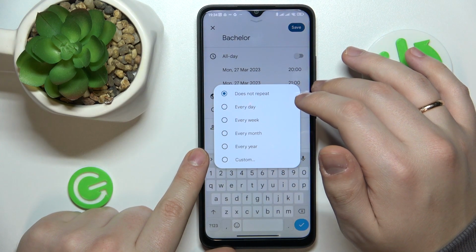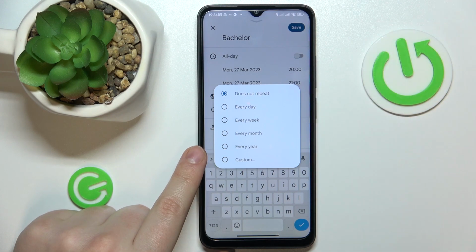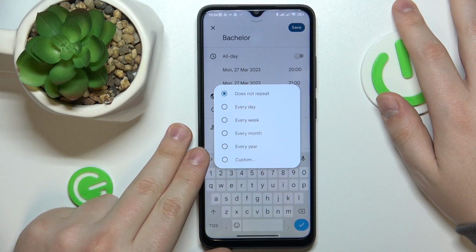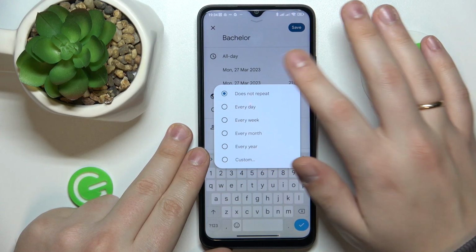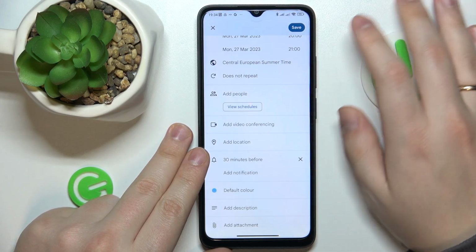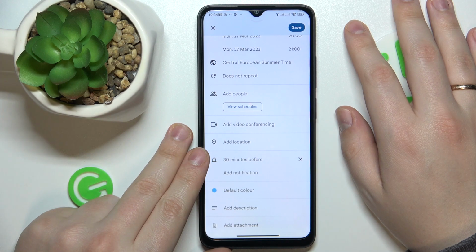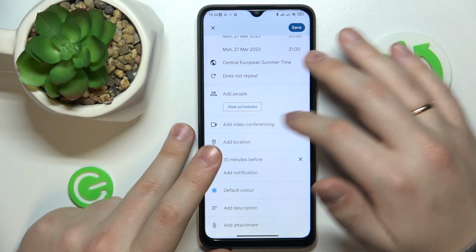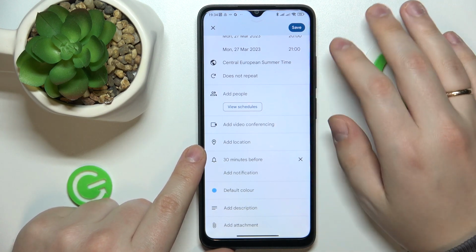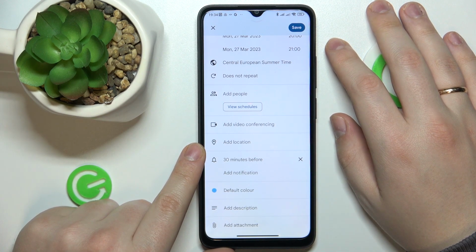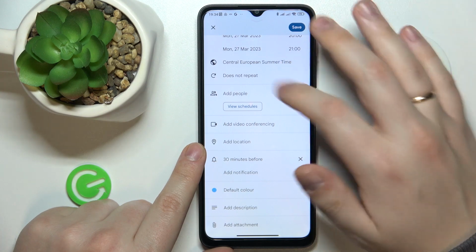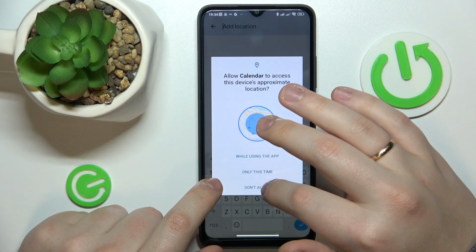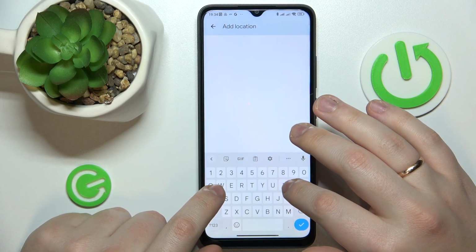set your repetitiveness preferences, or to put it in other, simpler terms, make your event reoccurring or not, invite some other event participants or other people that will attend this event with you, add the link to the video call if you will be holding a video call regarding this event, add the location that this event will take place at,